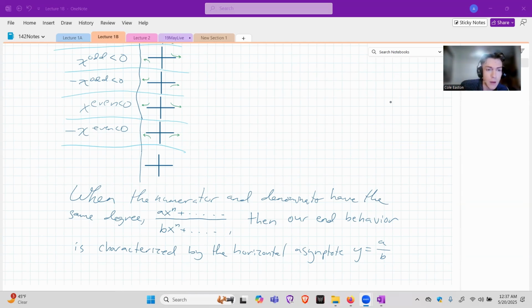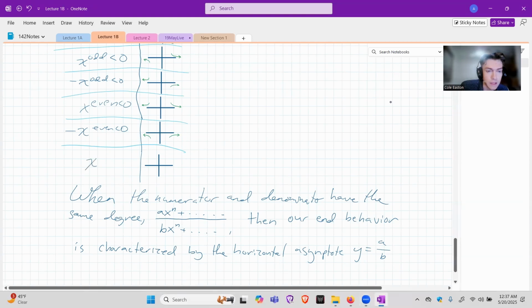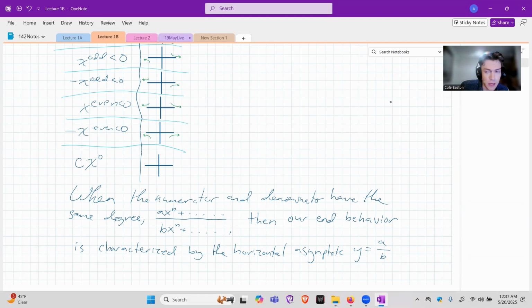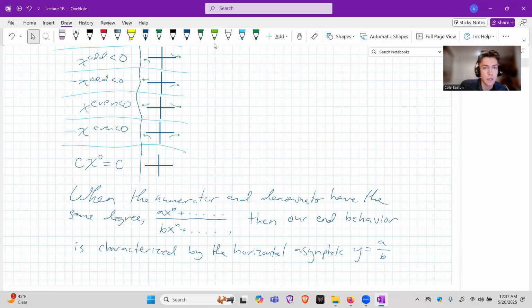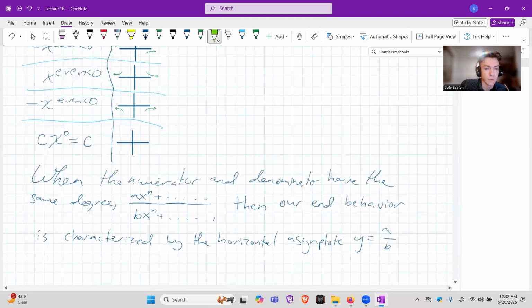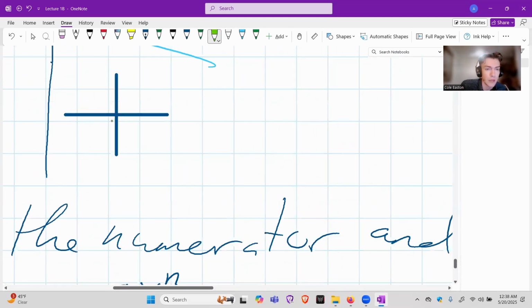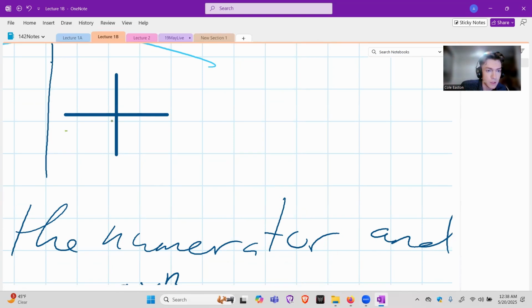So our end behavior type is essentially what we're going to call x to the 0, right? Which has some coefficient c there, like we were just doing in Desmos, which is the same as saying just c because x to the 0 is 1. And what that end behavior is going to look like is